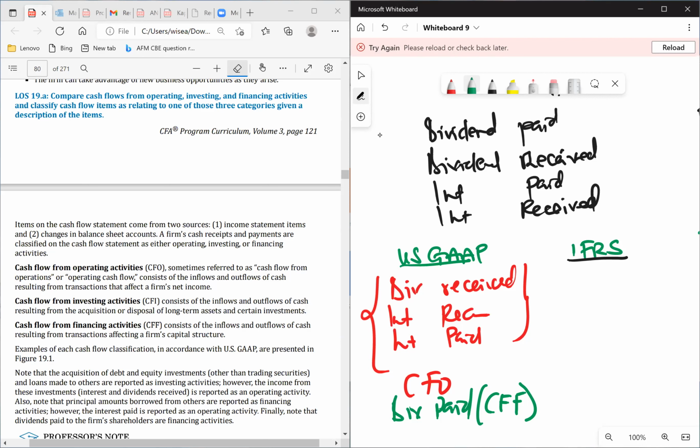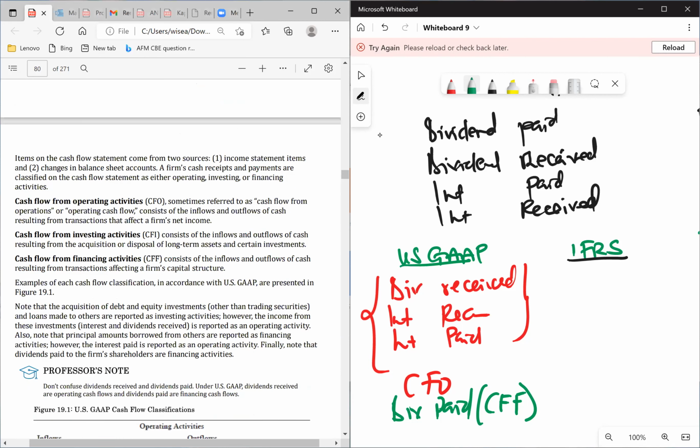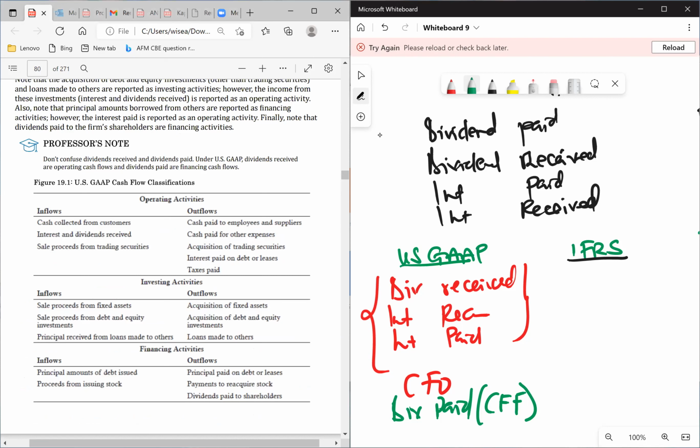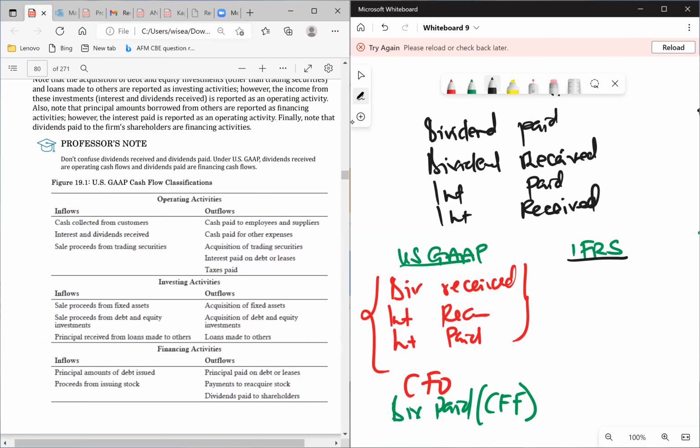So let's go on. Let's look at the operating activities. For US GAAP, operating activities will include cash collected from customers, interest and dividend received, sales proceeds from trading activities, and cash paid to employees. Outflows will be cash paid for other expenses, acquisition of trading securities, interest paid on debt or leases, and taxes paid. So for US GAAP, interest and dividend received will form part